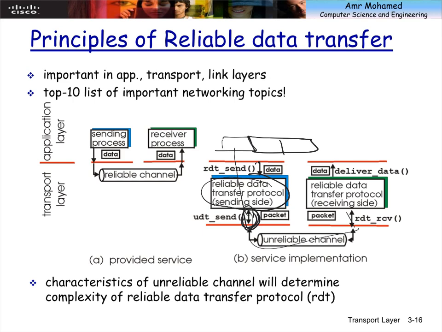Or there is a more reliable mail service, where before you send the mail, you need to make sure that the person on the other side is registered and is notified that I sent something, and when it arrives to that person, some notification comes back to you to say that this mail has arrived, and so on and so forth. So that's the reliable data transfer.